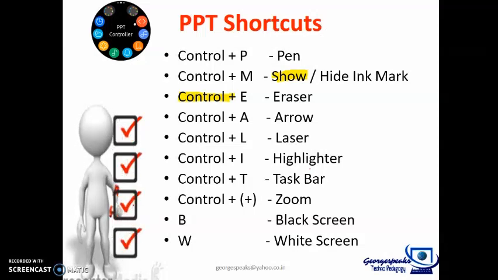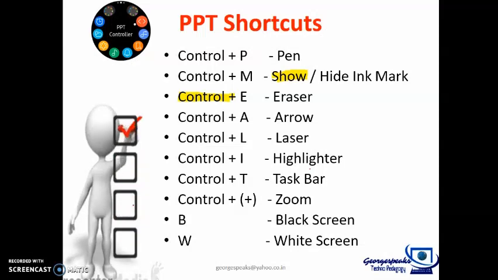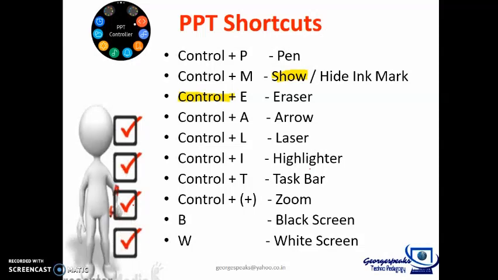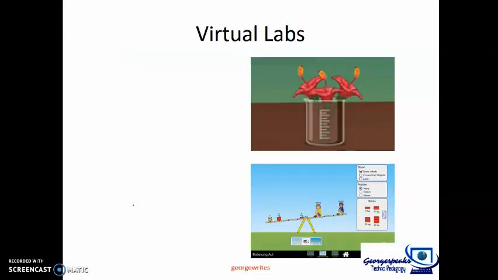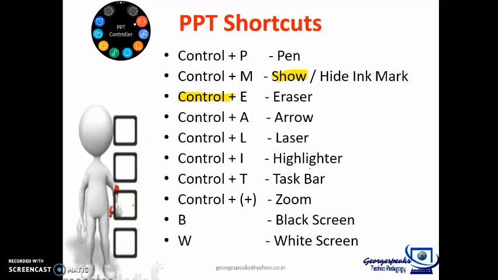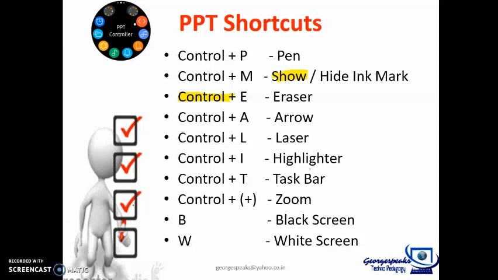There's yet another shortcut. Like if you want to go from the second slide to the fourth slide, if you know the number of the slide, all you have to do is press the number of the slide and press Enter. Automatically it will go to that particular slide. So if you want to go to the 8th slide, just press 8 and Enter. And if you want to come back to the second slide, just press 2 and Enter and it will come back to the second slide. So if you know the numbers, it's very easy to navigate from any slide to any slide of your choice.